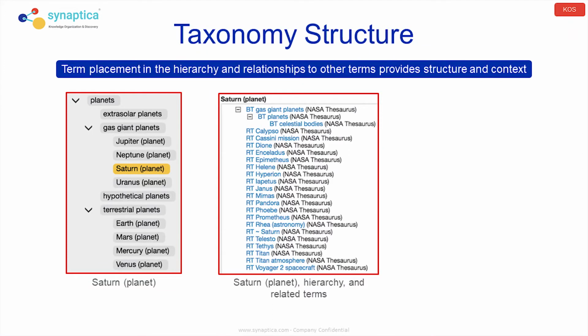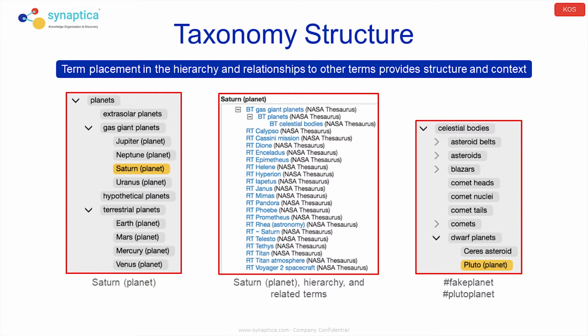We also have the other things that are related to it. So in this case, there's this whole list, a lot of these are natural satellites that orbit Saturn. We have other things in there as well, like the Cassini mission and various things that are related terms to Saturn. And finally, we have other things that also provide context, like other planets, like hashtag fake planet, hashtag Pluto